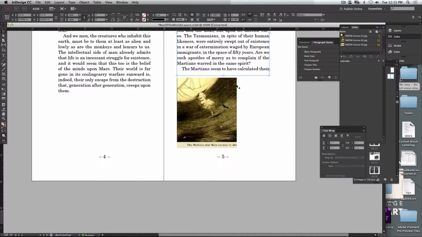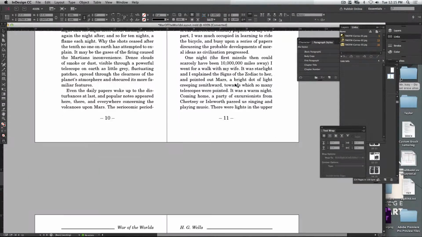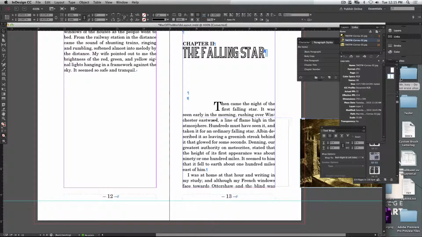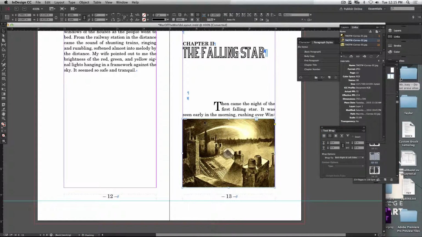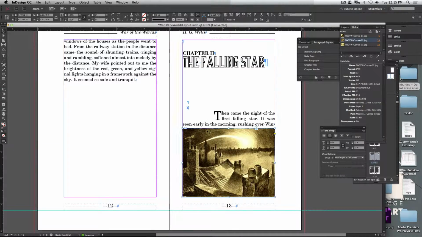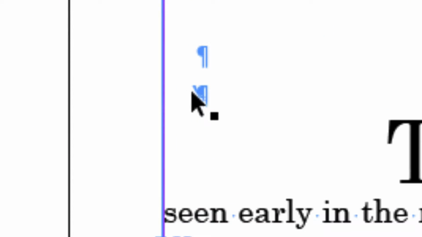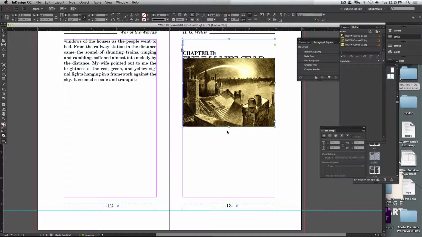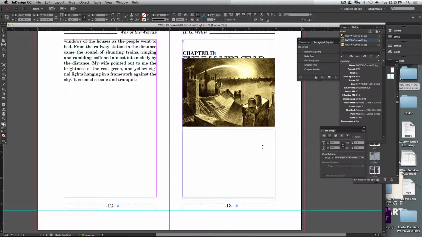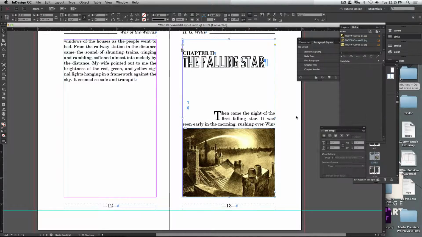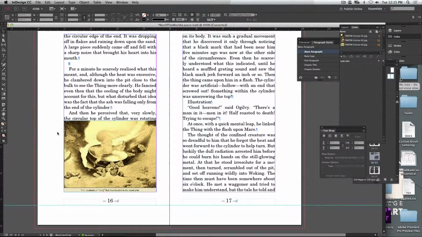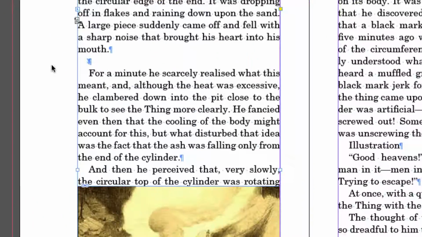Let me show you another one that would make more sense. I've already placed a couple of them in here. Where is chapter 2? Oh, there's another chapter. Hey, it moved over. I placed it right here, so there's that. Where's my insertion point? Aha, there's my insertion point. If I wanted the rest of the text to flow around it, I can change the size of my text box. And I can change the position of this as well. Obviously, I didn't redo that. Let's find another one. Aha, here's another one. There's the insertion